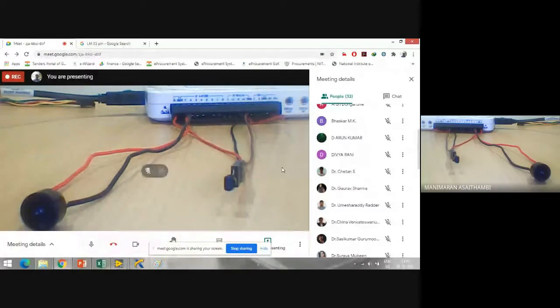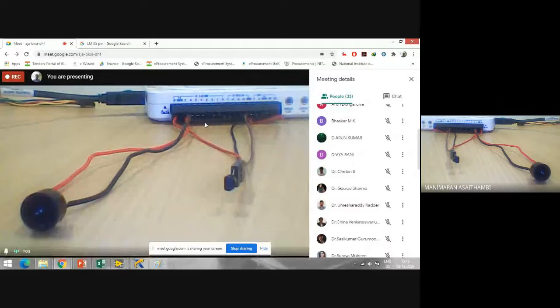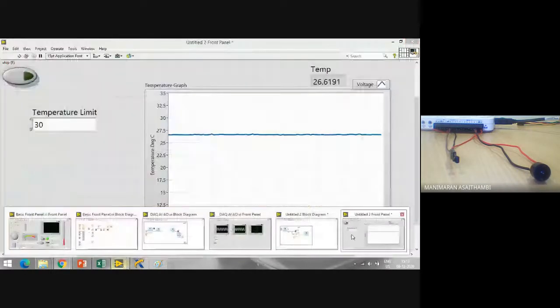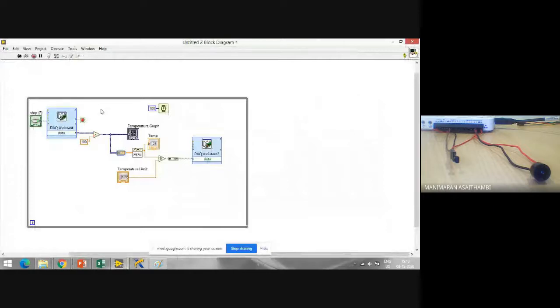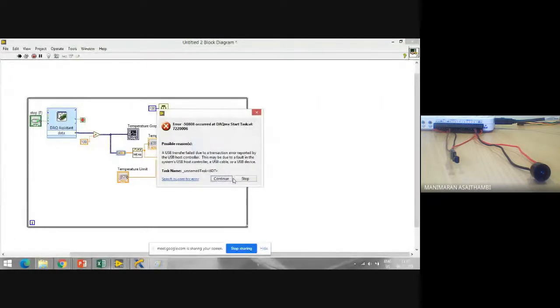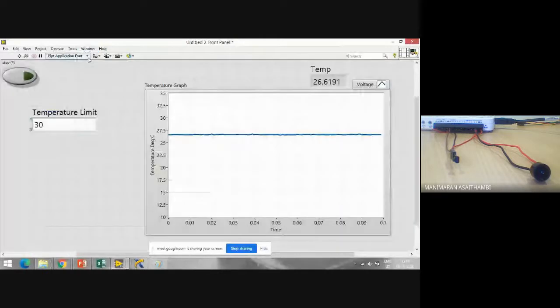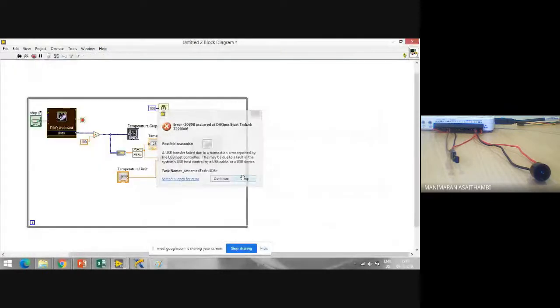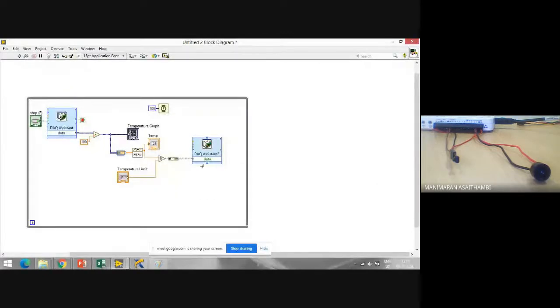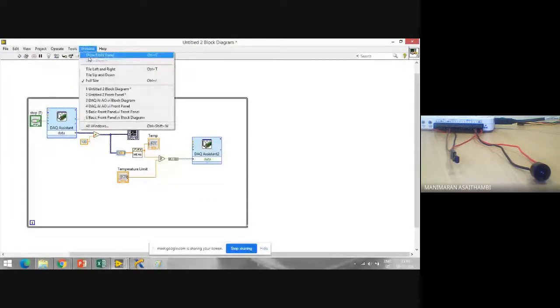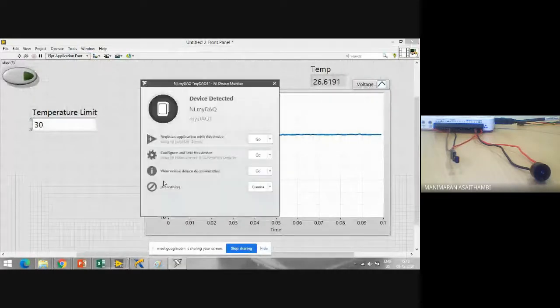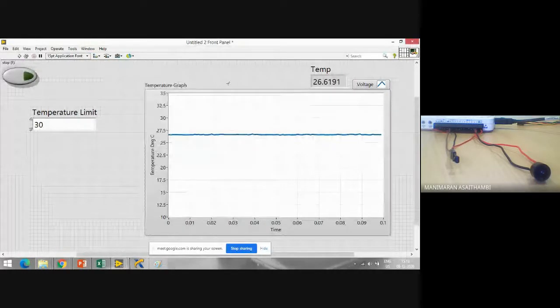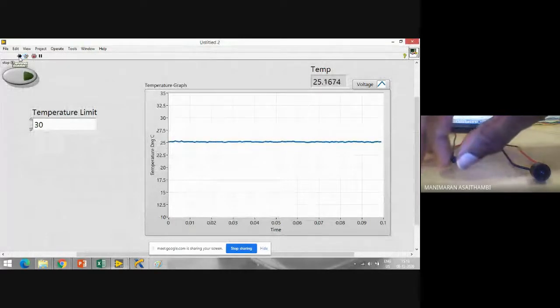The answer is very simple. It is because of the digital lines. The digital lines here are CMOS TTL logic lines. So these TTL logic lines will hold the previous state. So when I run my program, sorry, my data got disconnected. Okay, I close, I run. So now I'll try to increase this temperature here.